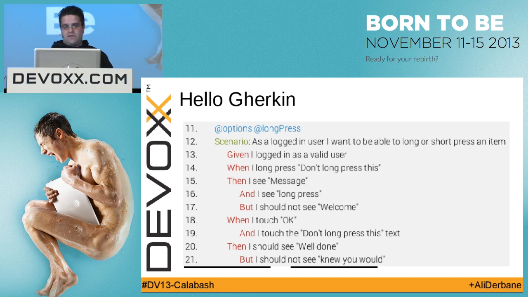Okay, we define a scenario. What we do on line 12 is define the actual scenario that we'll be testing. And then lines 13 to 21 are the actual steps that we're taking. The words that are marked in red are indicative words, which means that if I were to write this specific scenario with only the words given at the front of the sentence, so given I logged in as a valid user, given I long press, etc., etc., then